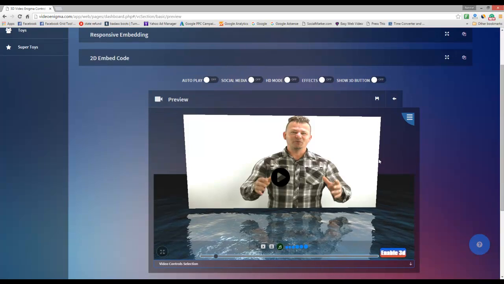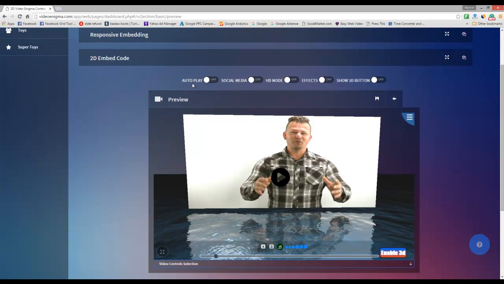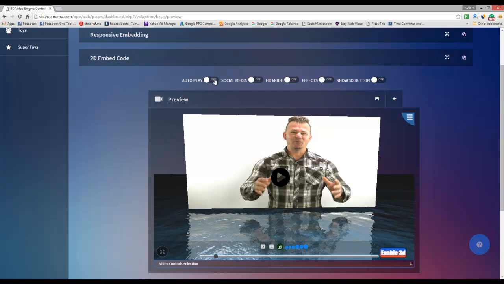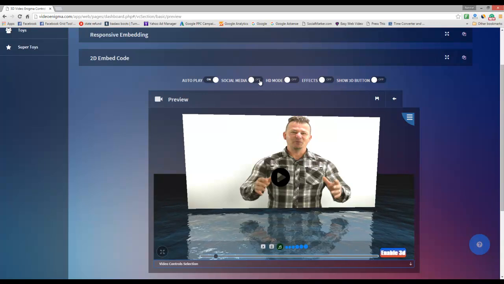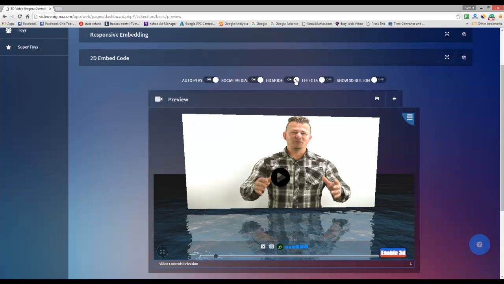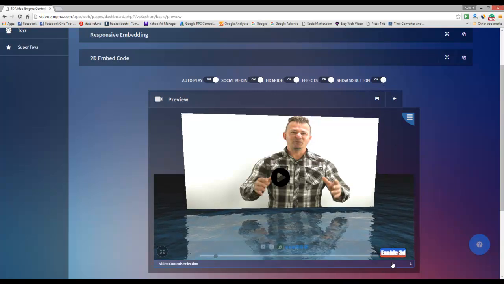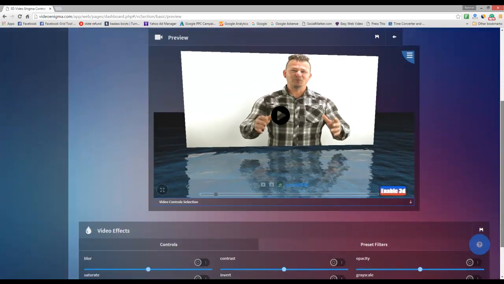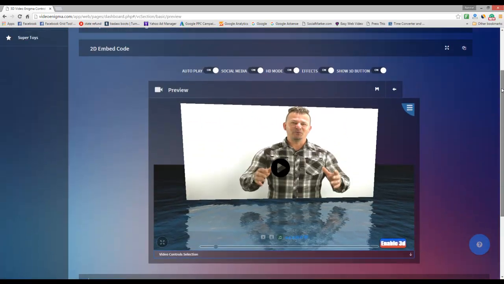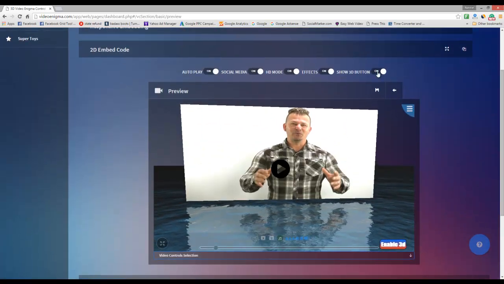Now, you have a couple of options here. You can autoplay this video. You just have to click on these little slider icons. There are social media icons if you want to include that. HD mode, I usually select that. Effects, of course. And if you're actually doing 3D with this, you can toggle this button, which will show the Enable 3D button. Now, I'm not going to be doing that type of 3D for this video, so I'm going to leave that